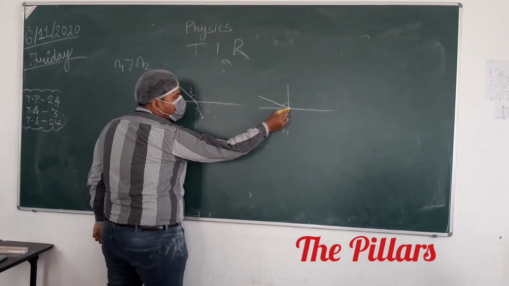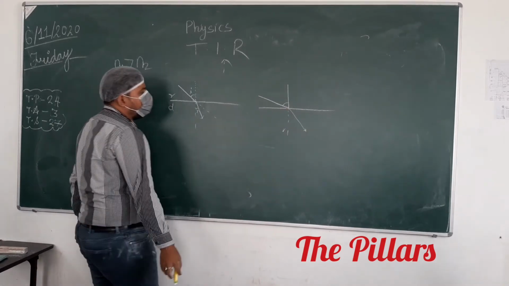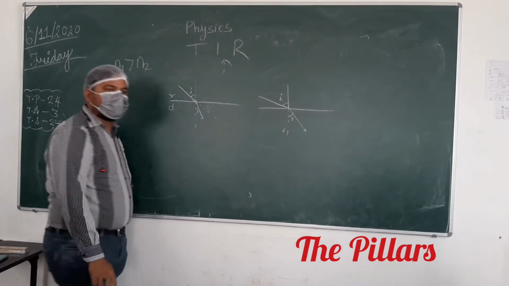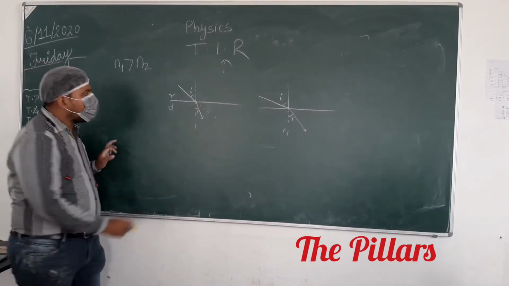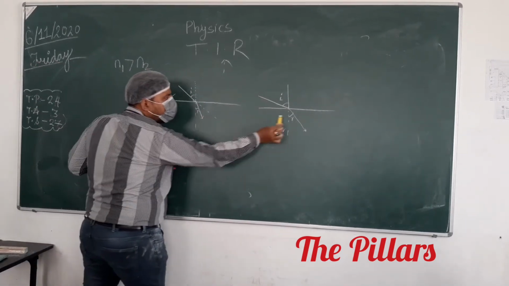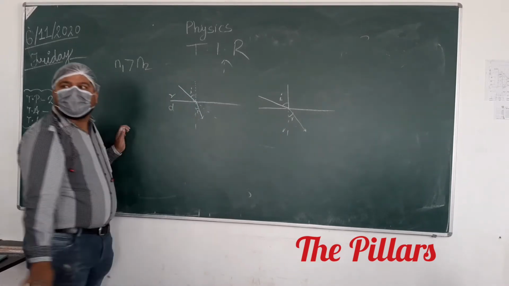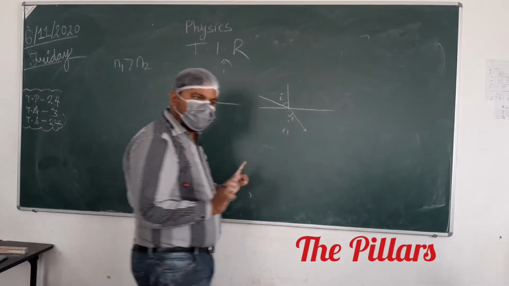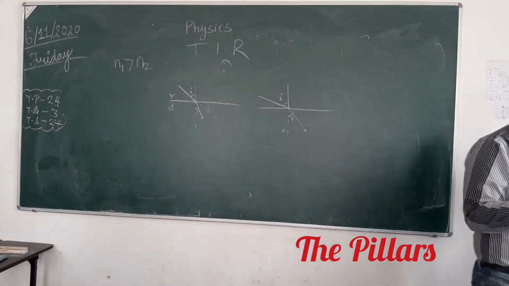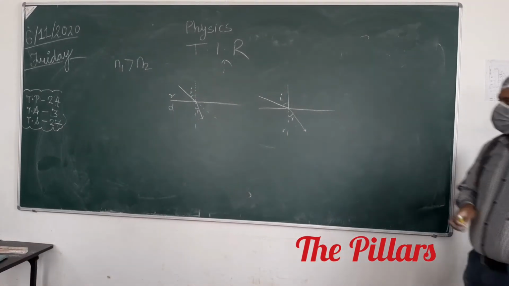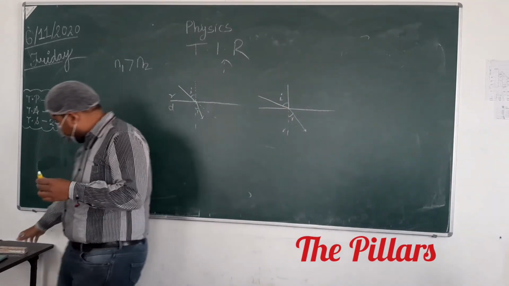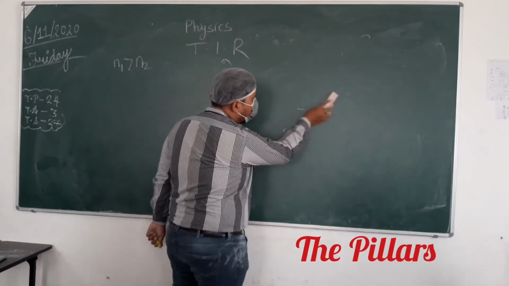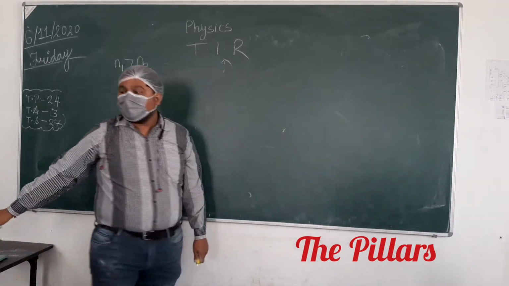But it will bend towards the normal. Again, I is greater than R or not? But if you compare these two, R has increased or not? Now this point is clear. The confusion is gone. Is it clear to everybody? Okay, so now we are good to go ahead. Now let's focus on total internal reflection. This concept is clear?